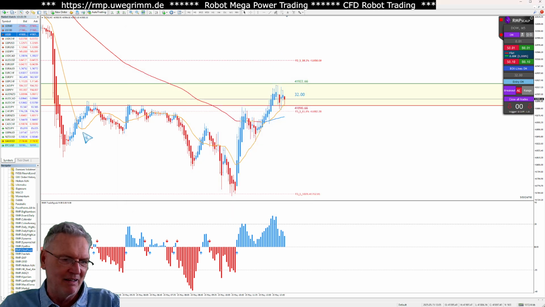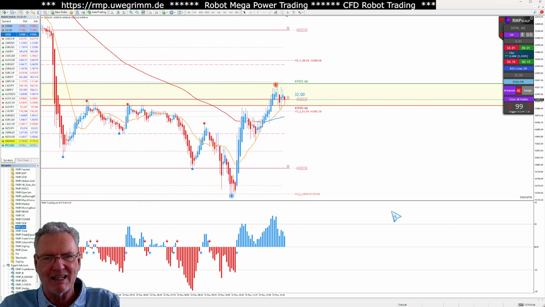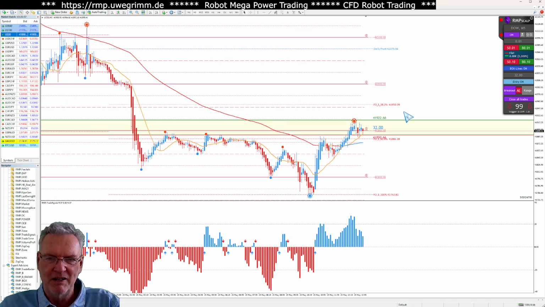You see here, we have the big numbers. We have a sun indicator, which is a very advanced zigzag indicator. So you see the highs and the lows and the levels in between and so on. So all this stuff and much, much more